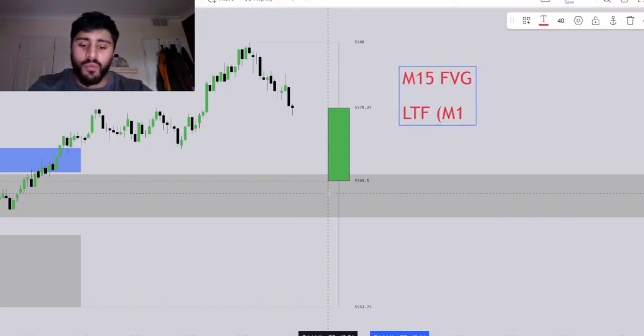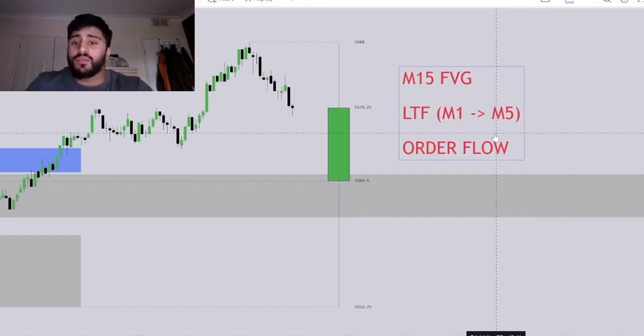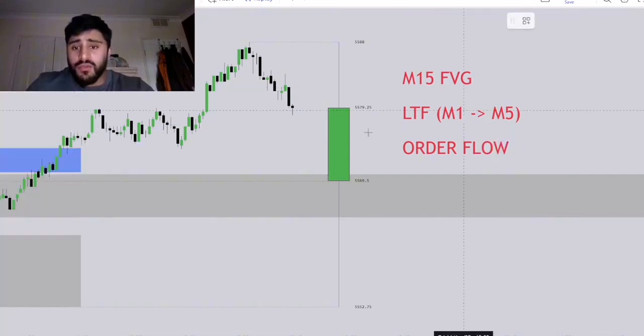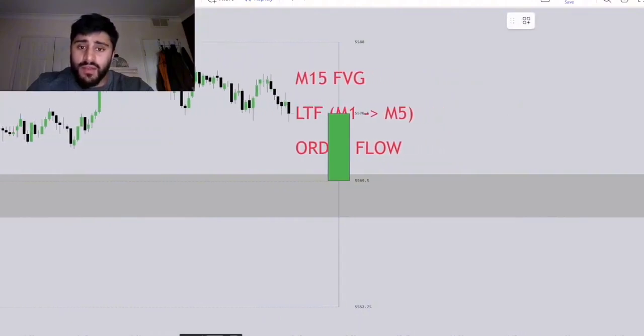So lower time frame is either the 1 minute or anything up to the 5 minute, and then we're confirming everything with the order flow. Now, spoiler alert, if you're not using order flow, then you're doing it wrong. It's that simple, right? So these are the 3 steps I use. So step number 1 is we're waiting for price to come into this 15-minute fair value gap, and that's exactly